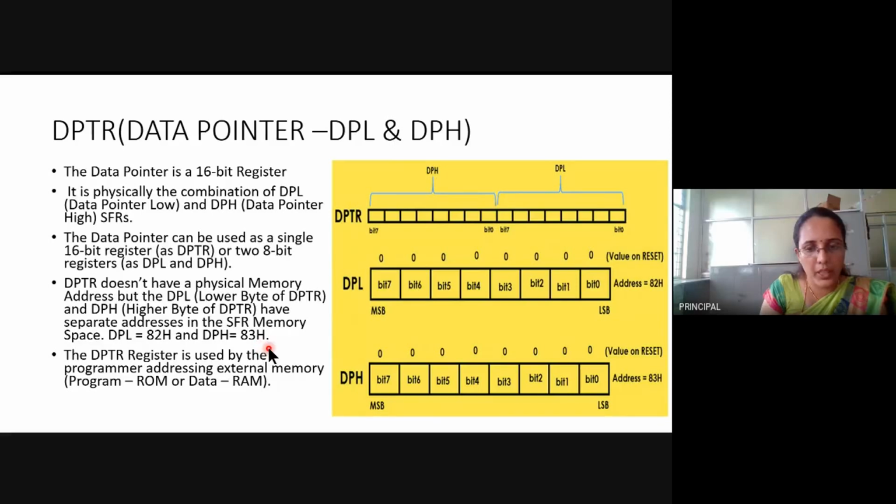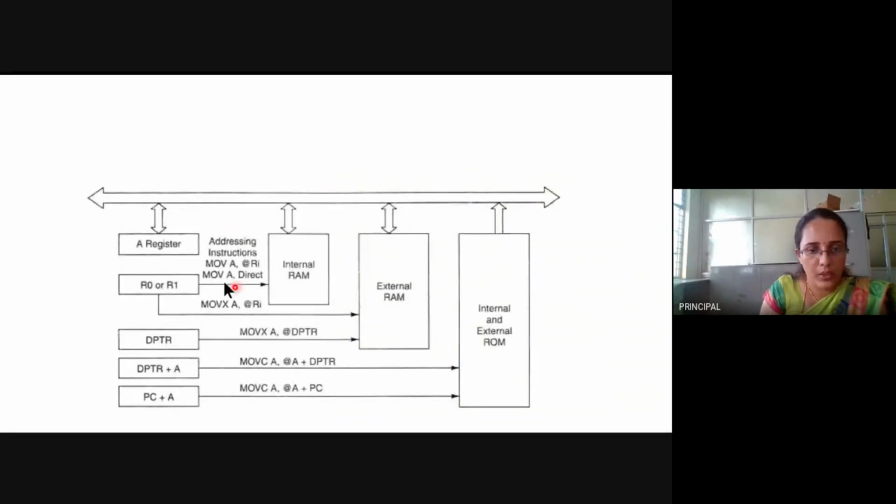It holds the address when the 8051 is accessing external memory. As you can see here, you have internal RAM, external data, and external program and data, internal and external ROM. Here you can see an instruction called MOVX A, @DPTR.